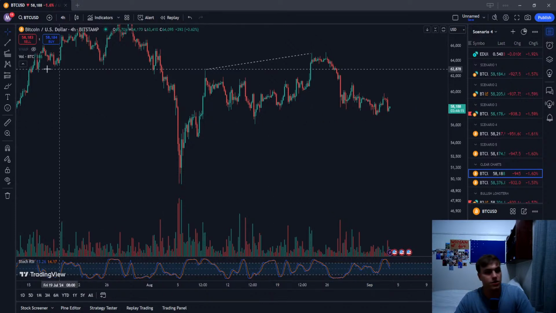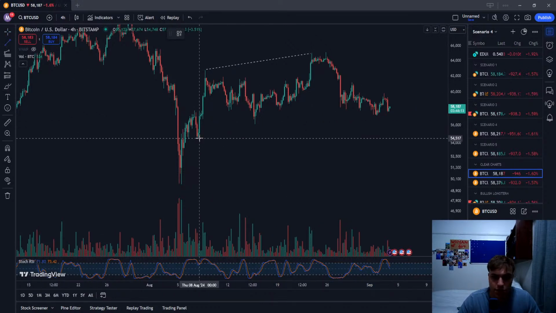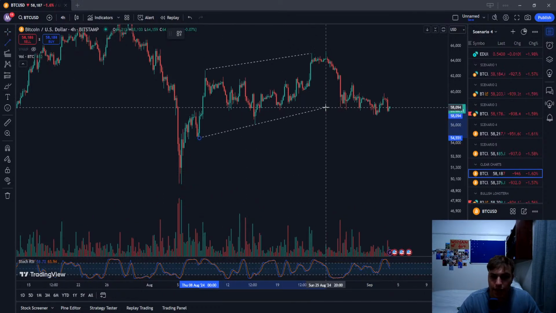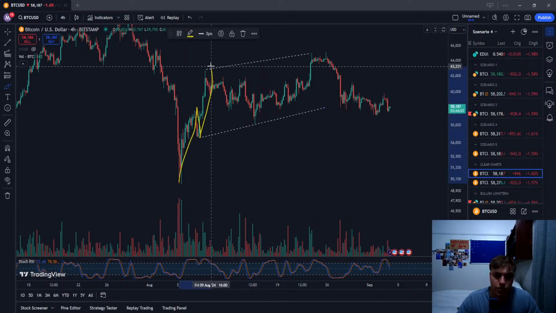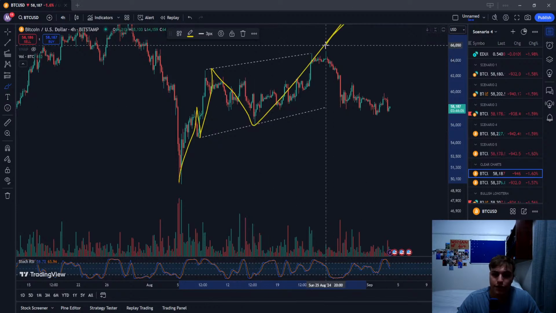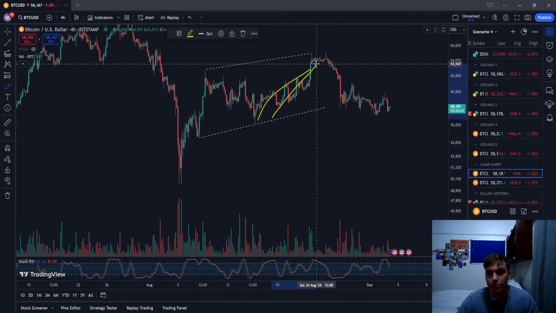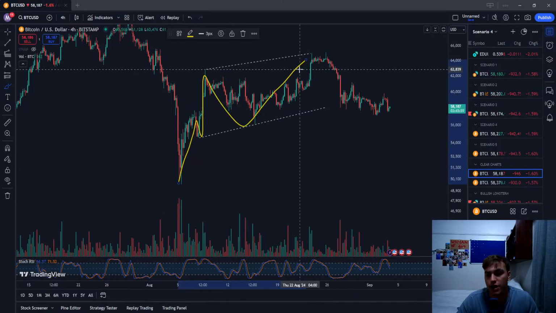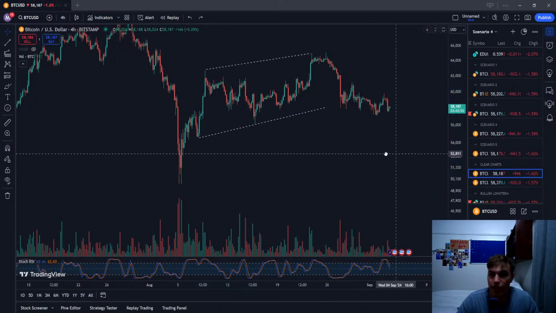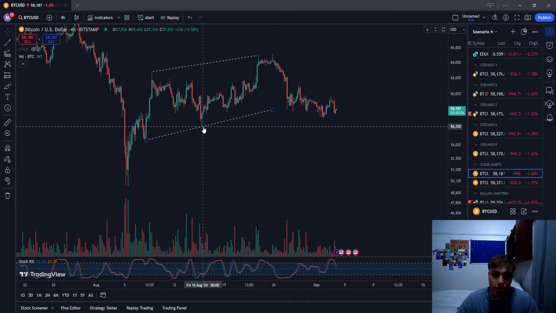Possible. So that's the only one I see at the moment. A diagonal in 1, 2, 3, 4, and finishing on a leading diagonal up again. So that's the only one I see. 1, 2, 3, 4, 5. But besides that, it's very ugly, and it looks like we're gonna take this low very soon.